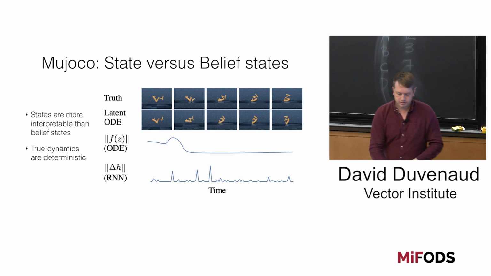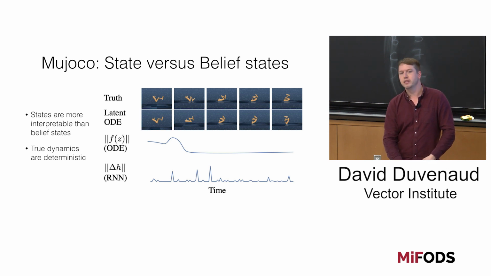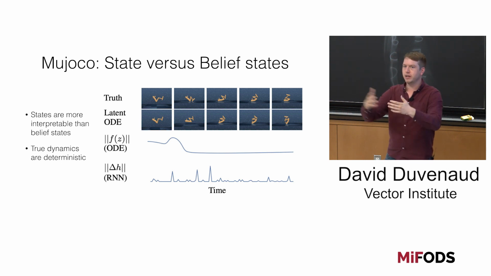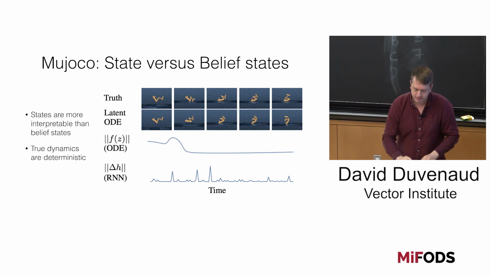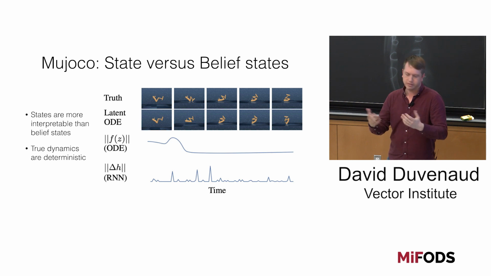So what's happening in this video is that this guy starts in the middle of the space, he falls down and hits his butt. And so he had a large change in momentum right around here. And if we look at the dynamics of our latent state at this point, we can see that definitely something happened here. Whereas if we model this data with just a recurrent neural network, the hidden state of that recurrent neural network is kind of a weird conflation of, well, it's a funny vector-valued representation of a posterior. It's not really clear exactly what it means, but it's just sort of randomly spiking. We don't expect it to make sense, and it doesn't. This is just a point in favor of latent variable models in general.